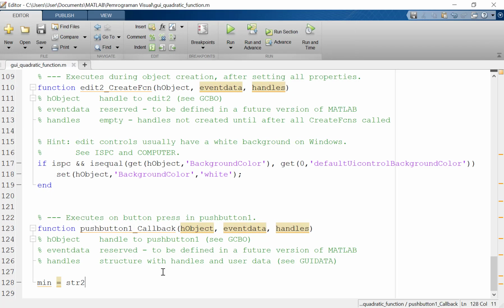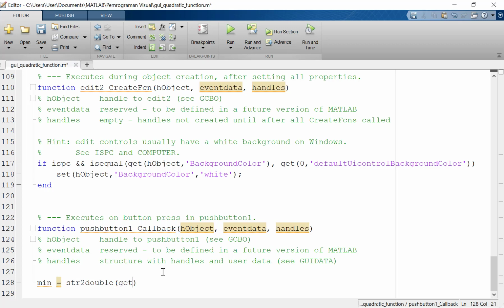To get the value from the edit one block, we must use the command str2double to convert the string value to a double value, or the text value to a numeric value.